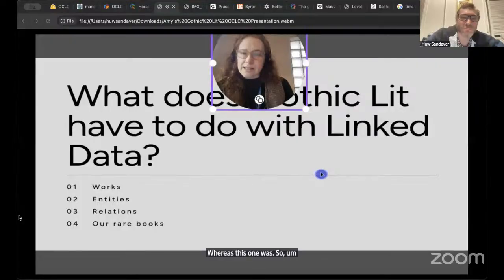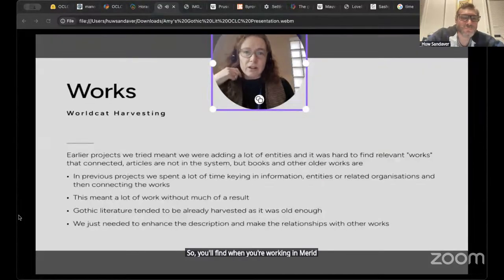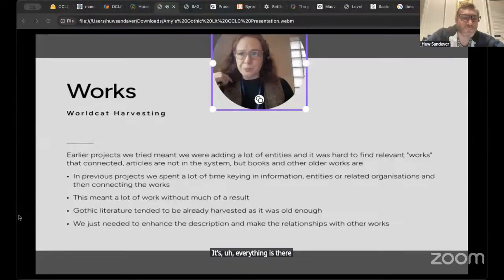So let's get into works. You'll find when you're working in Meridian, there's a lot of works. You can find the Castle of Otranto, you can find all the other editions. Everything is there. And that was so much better for us, because we would spend a lot of time